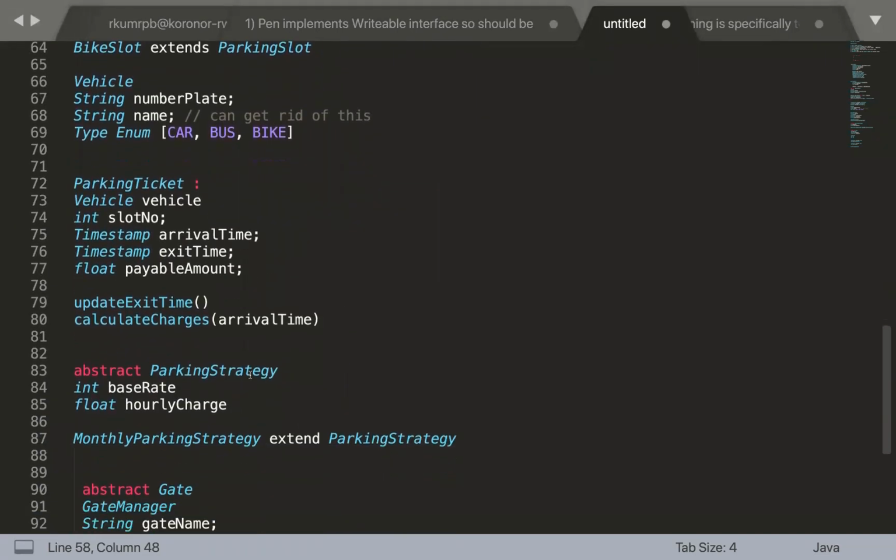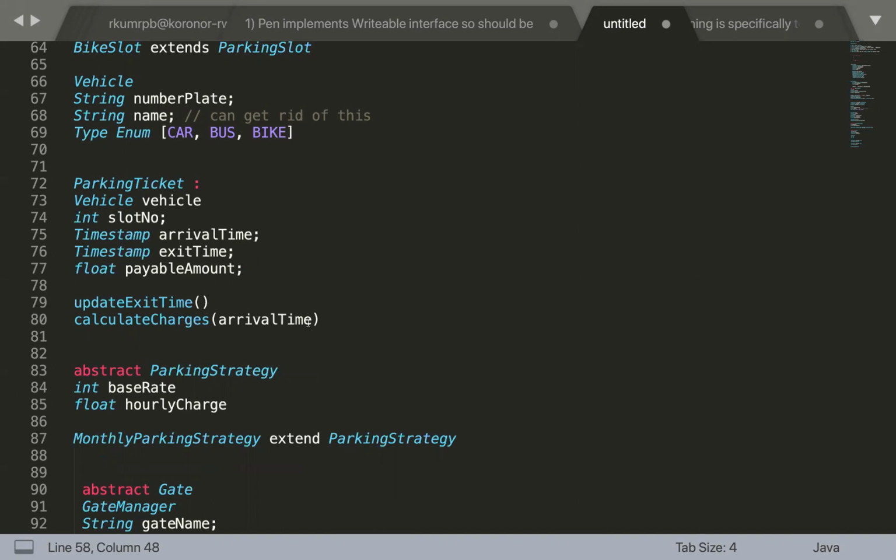Any other thing? I think it would be better if we calculate the charges in this parking ticket only instead of the parking slot. So on the basis of the slot number, we can extract the parking slot information, and in the parking slot information, we can extract this payment strategy.